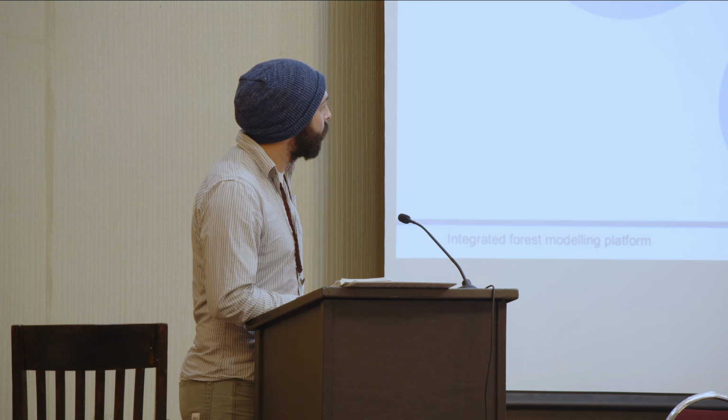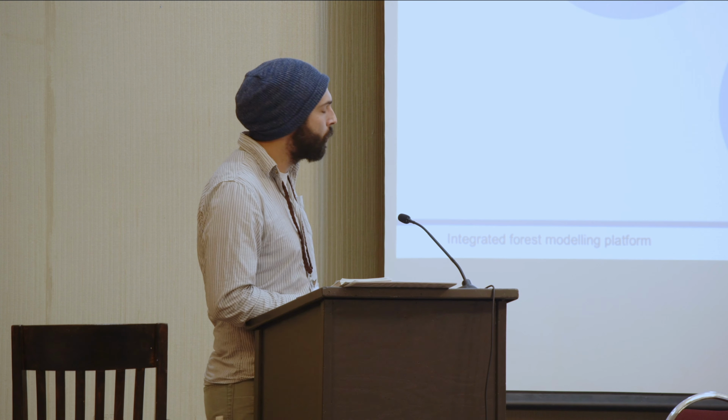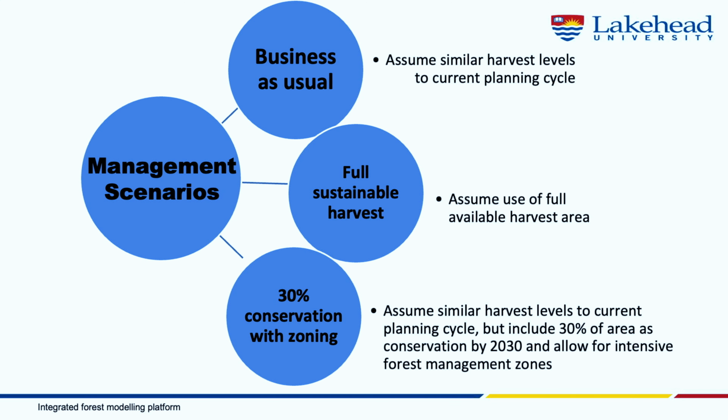The next one is our full sustainable harvest, sort of trying to, I'll call it, test the system to check for a breaking point, if all of the available harvested area that these companies and the licenses were allowed to cut were fully harvested, and ultimately what that'll look like. And then the last, which I, again, am very interested in and excited for, is trying to hit that target of 30% conservation by 2030.